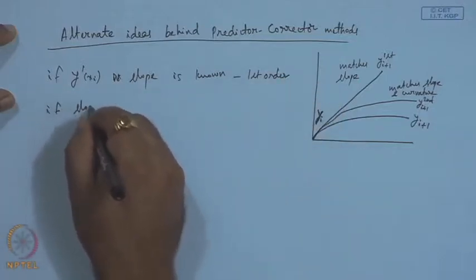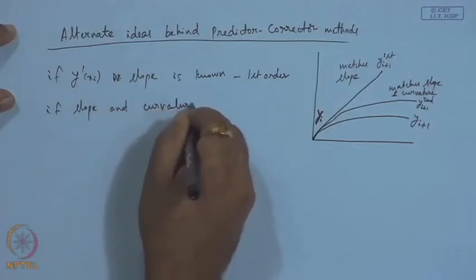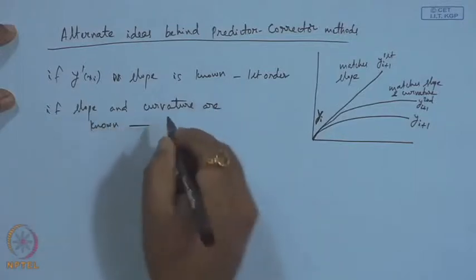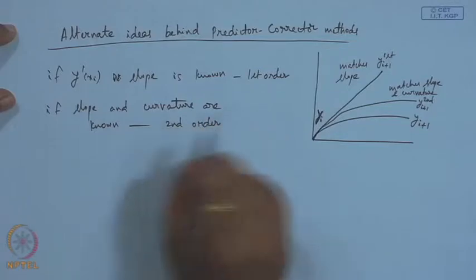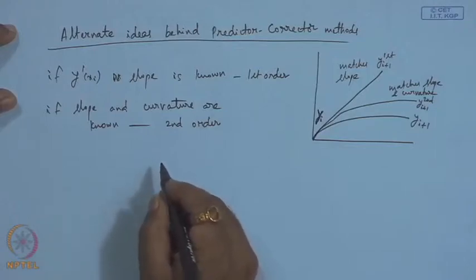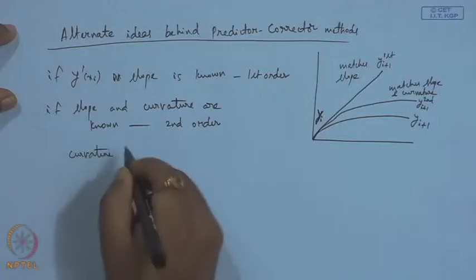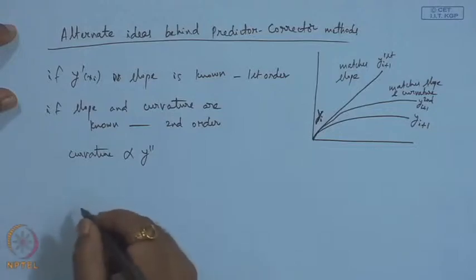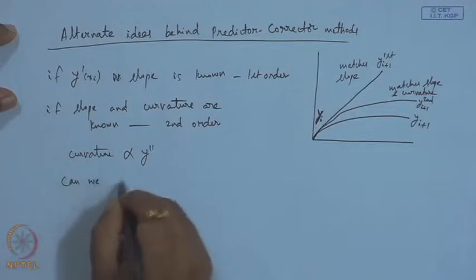If slope and curvature are known, then it is a second order approximation. But the fact is curvature is proportional to y double prime. So, hence the question is, can we find